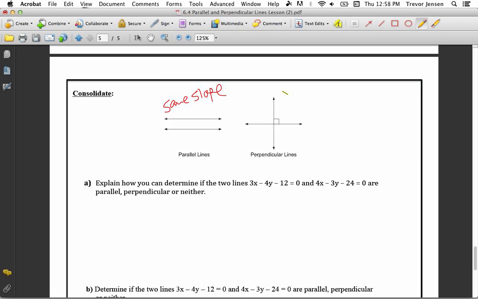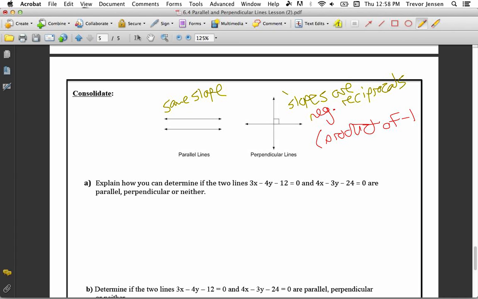Perpendicular lines, if you were to graph them, where they intersect would form a 90-degree angle. And that's what that little square indicates there, a 90-degree angle. And their slopes are negative reciprocals. So slopes are negative reciprocals, and the slopes have a product